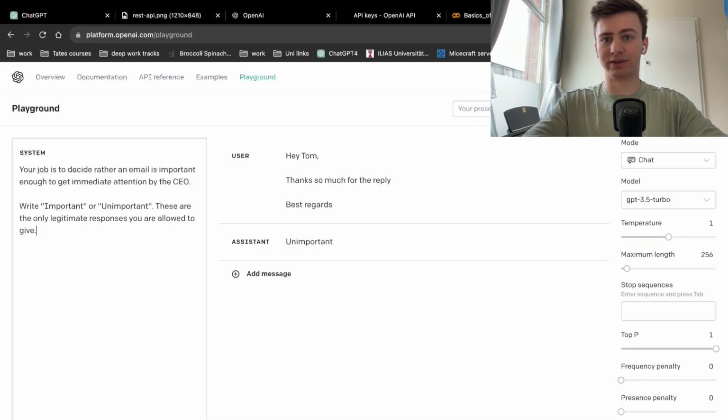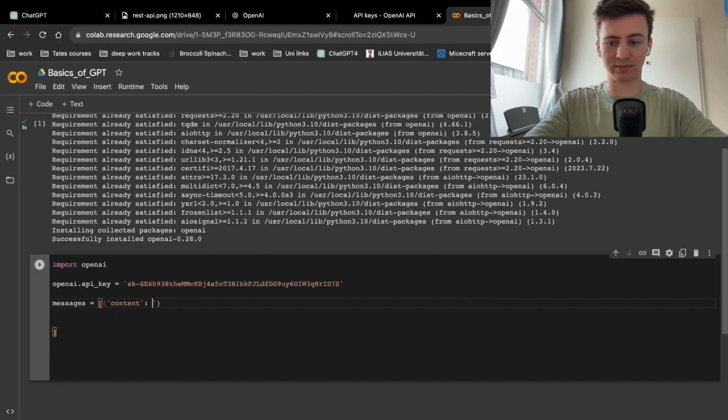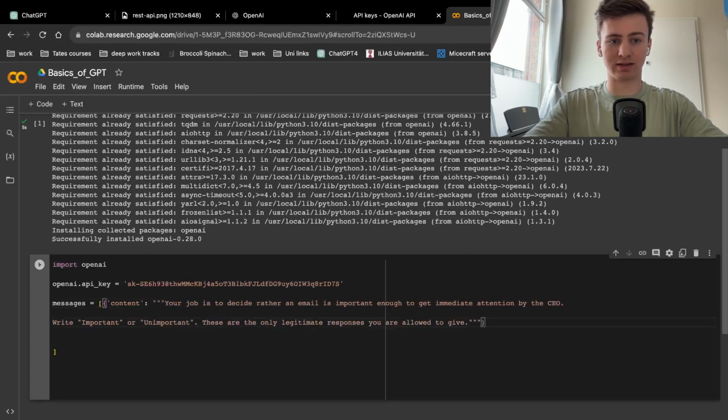So I could, for example, right here, take this and put it into here. Well, not like this. I'll use triple quotation marks so that even if there is a line break, it's still the same string. But then also, it doesn't only need the content, it also needs to know what role this is. So, for example, here, I'm going to say role, and the role is